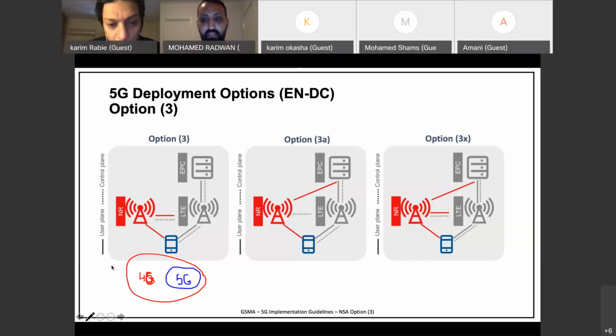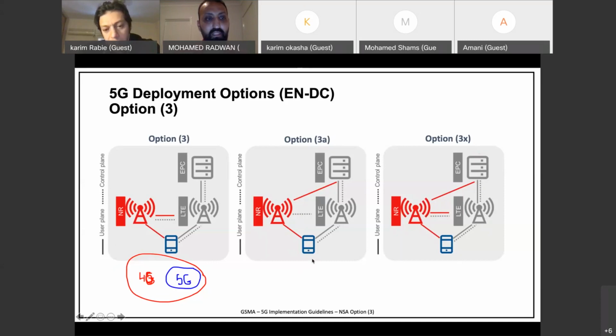The good thing about option 3 is that the core is only one, so we are limiting this handover transaction. We are doing very minimal handover. Let me give you an example, but let's talk about option 3X, because option 3X or 3A are the practical options.